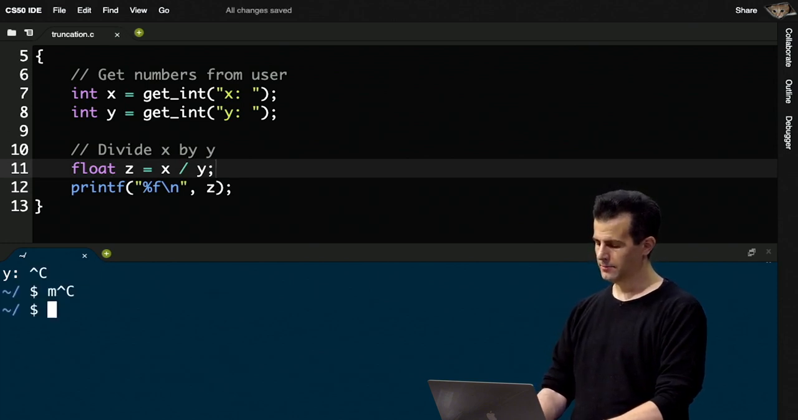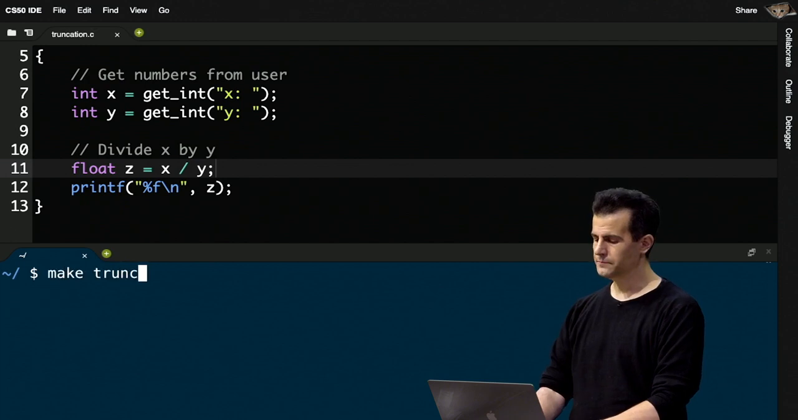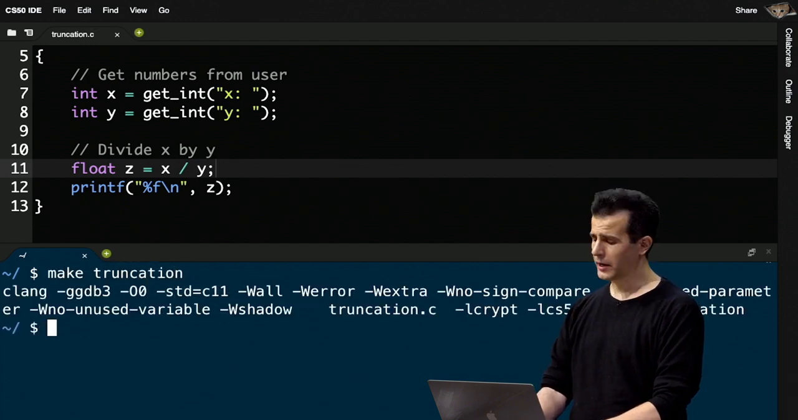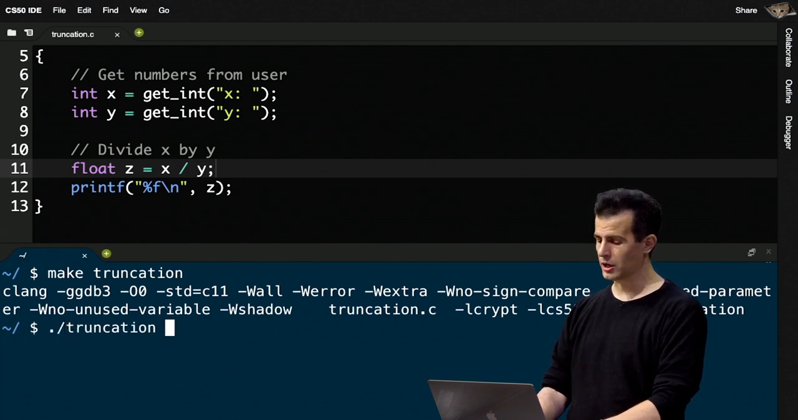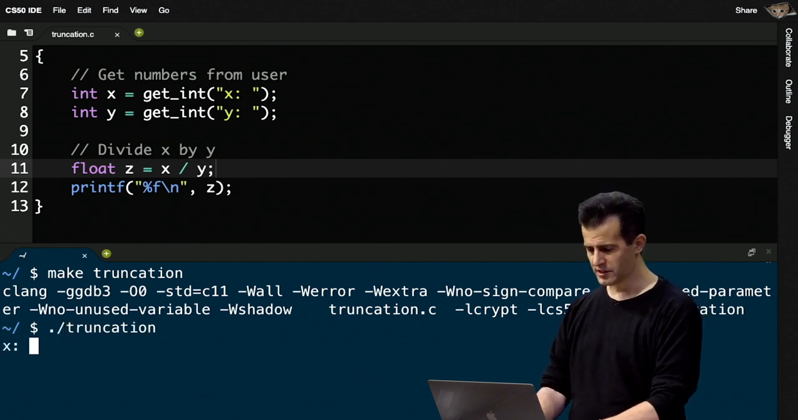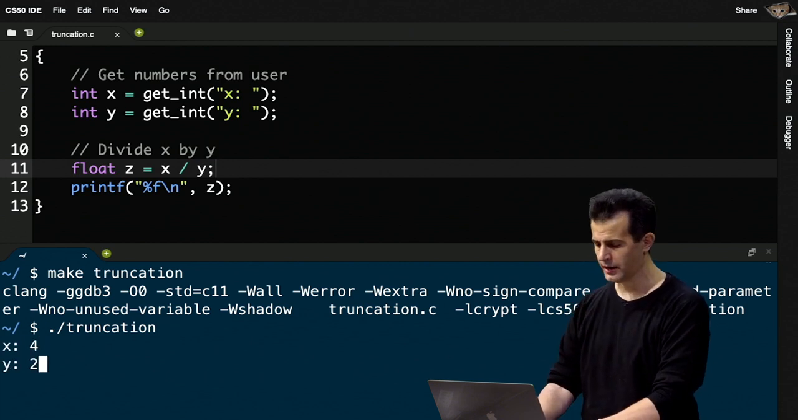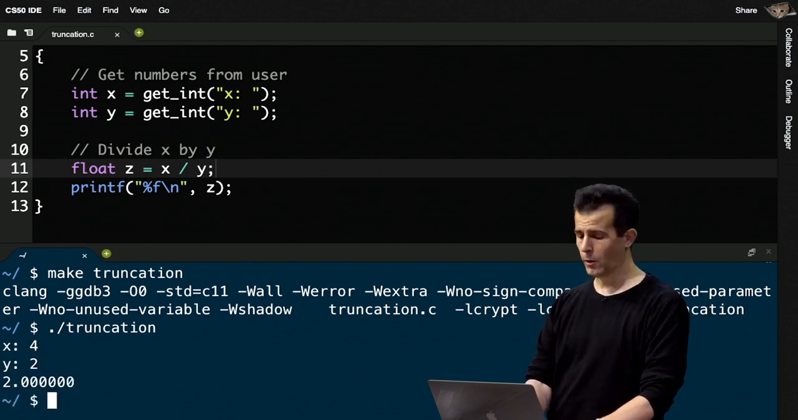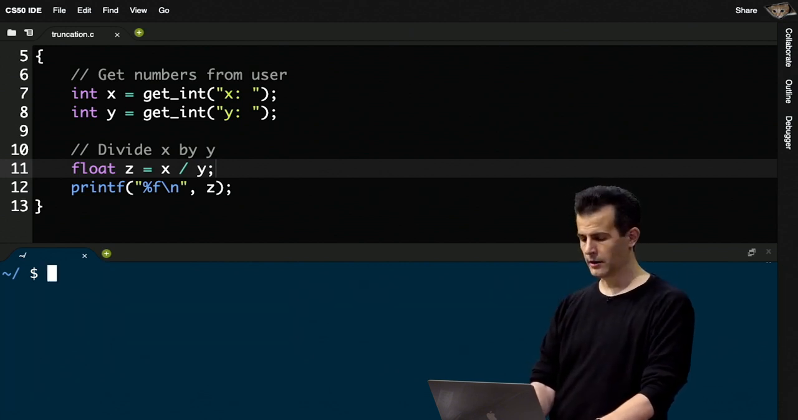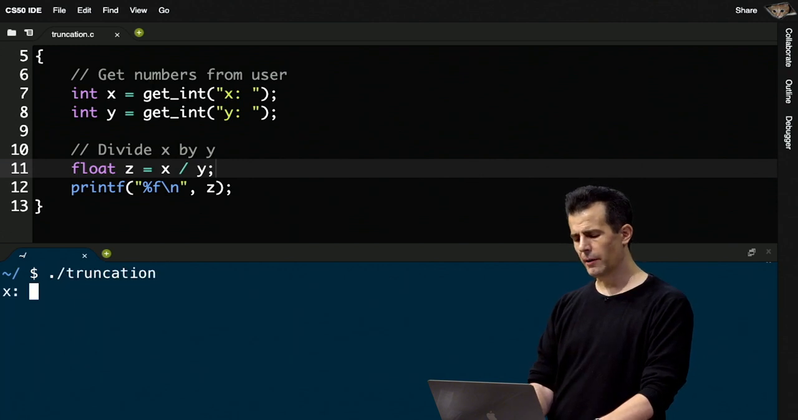Make truncation. All right, it compiles OK. And I like how we used a float here. That does feel correct. So let me run truncation. And let me go ahead and type in, for instance, 4 for x and 2 for y. OK, I like that. It's 2.000. So that's the correct math calculation. How about 1 divided by 2? So x is 1, y is 2. And it's